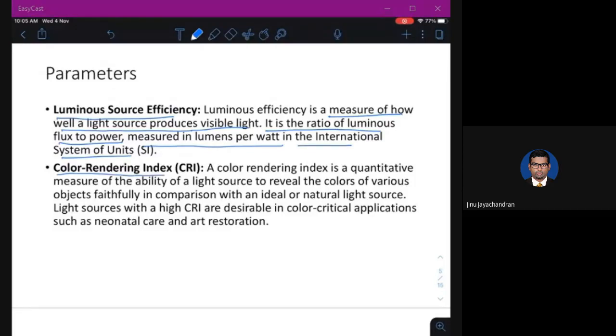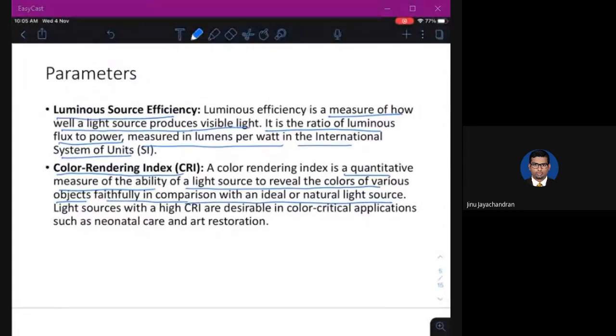Similarly, there is something called the color rendering index. This also we have seen. It's a quantitative measure of the ability of a light source to reveal the colors of various objects faithfully in comparison with an ideal or natural light source.